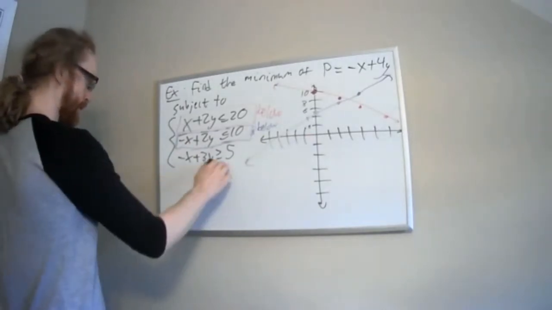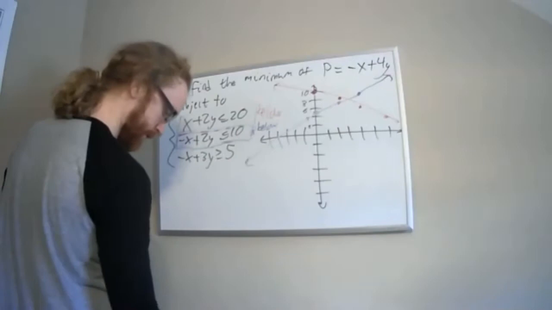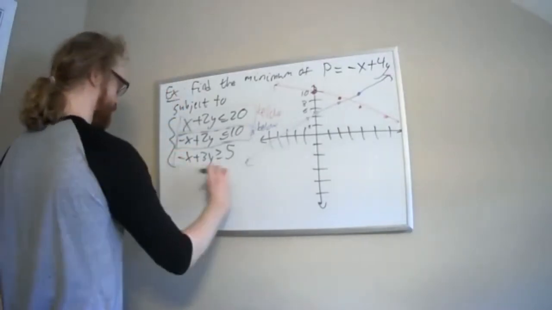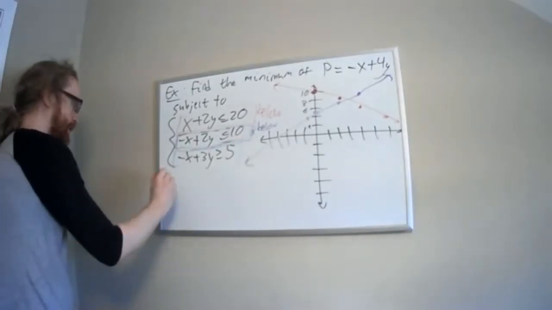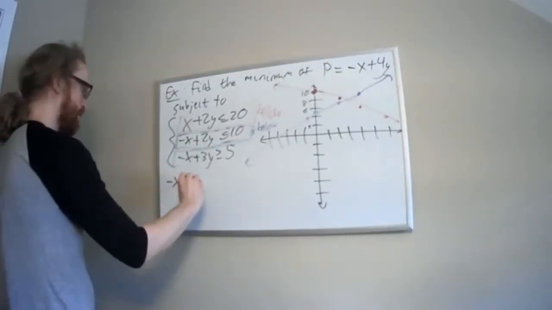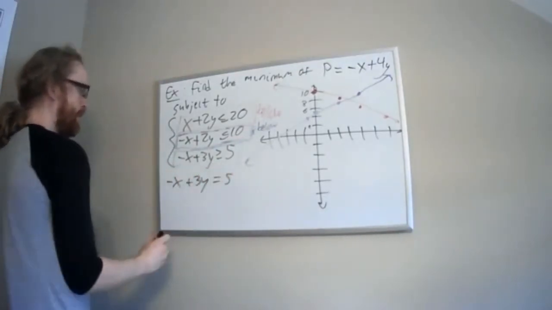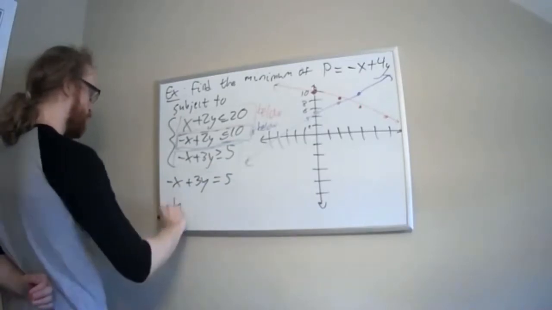Finally, I'm going to take care of this last one. I don't know, the green works, I guess. So we'll take care of this one. I get negative x plus 3y equals 5, and I solve this for y. I'm going to get y equals